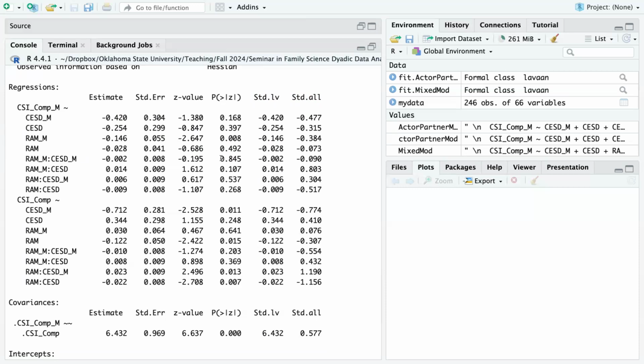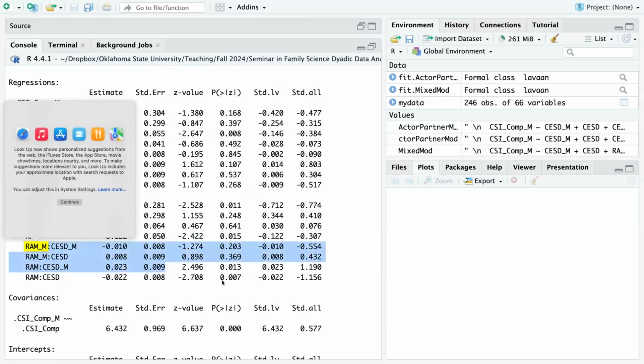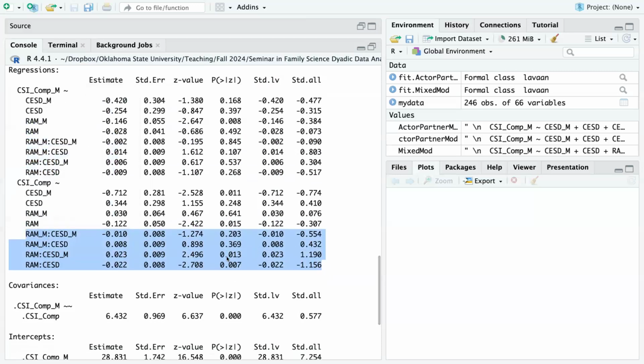As you can see for males, we have just about nothing that is significant within the interaction realm. This one's kind of close, but not really. That's pretty far away from 0.05, so we're not going to even interpret that as marginally significant or approaching significance. Down here for the women, again, that was for the men, we are going to take a look at the interactions, and we are much more successful here. You can see we have two significant interactions,